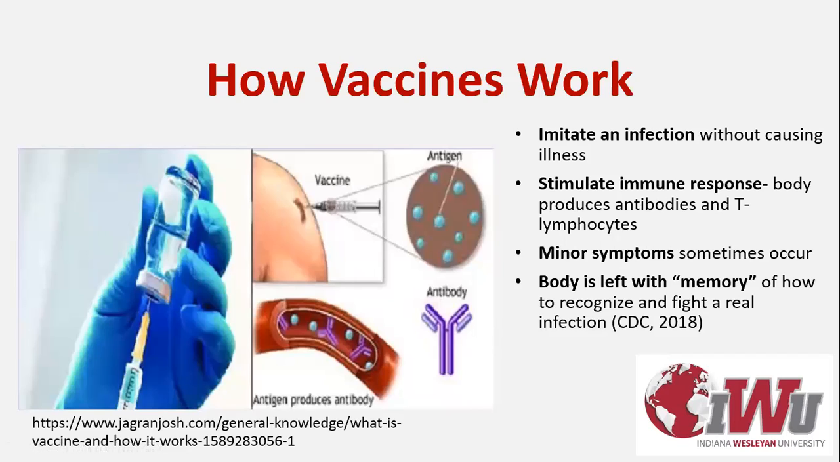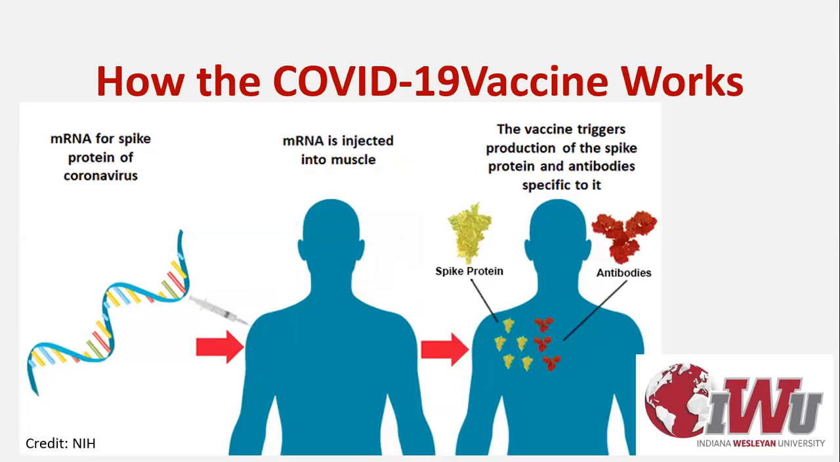Now, this can sometimes result in minor symptoms that might seem a little bit like an infection, but are much milder. And at the end of this process, the body is left with a memory. These T lymphocytes are what forms the memory that causes your body to recognize a similar intruder next time it happens. So in the case of the COVID vaccine,